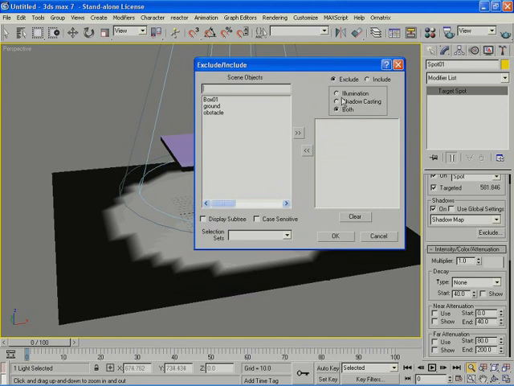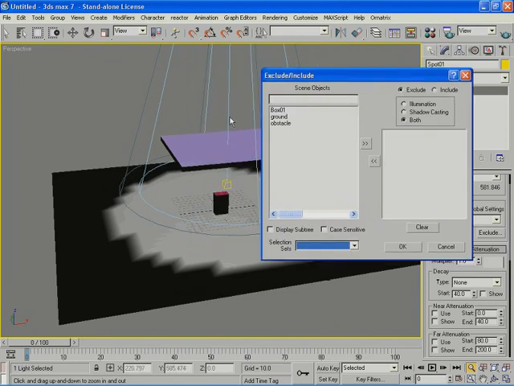And here I have a selection set that I can use. We'll talk about this in a second. But first, if I want the light to go through the box, I would say exclude the box from the light calculation. So if I select the obstacle and go here and choose exclude from both illumination and shadow casting, and I render,